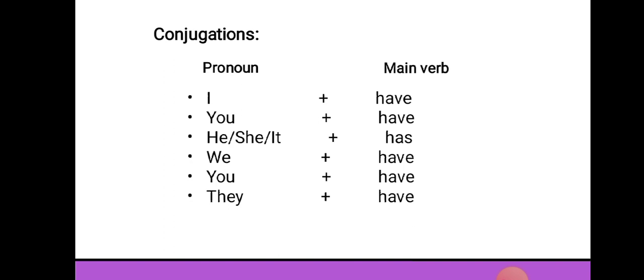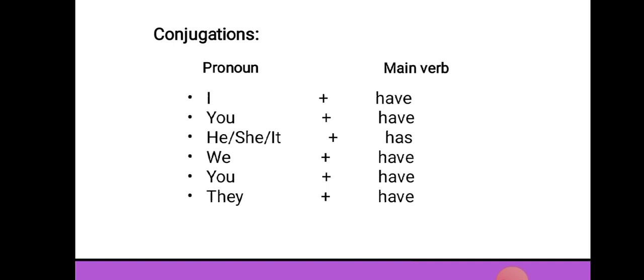Subject refers to the person or thing that performs the action of the verb. It can be a noun or a personal pronoun: I, you, he, she, it, we, they. Have